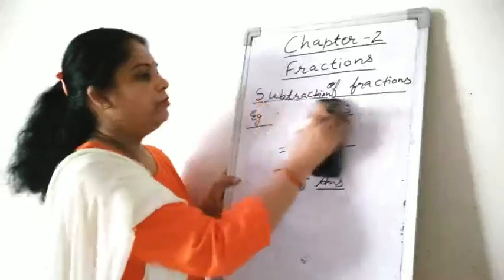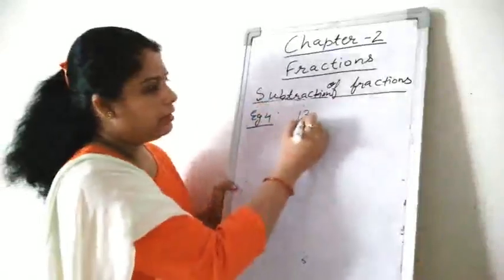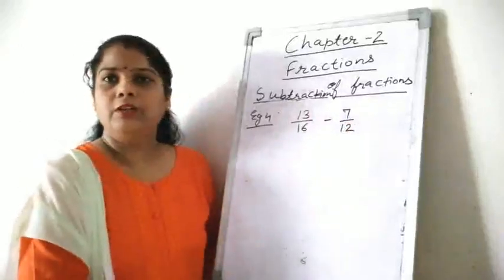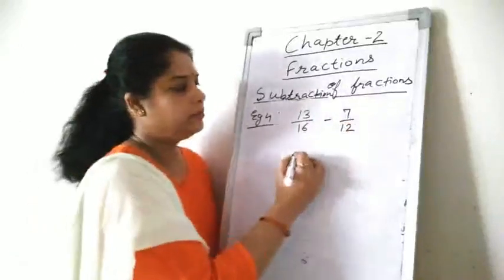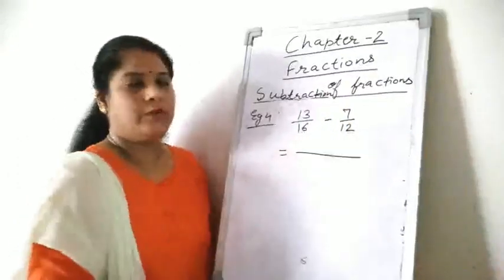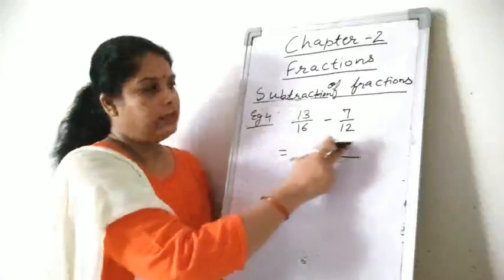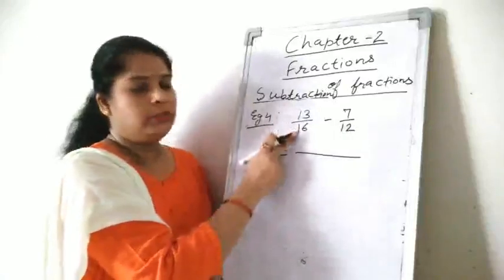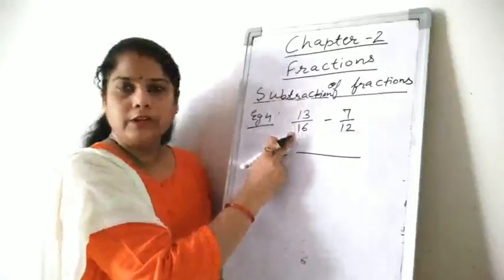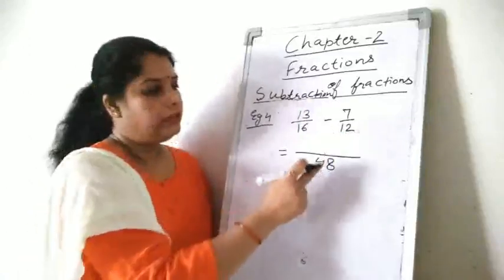Now example number 4. 13 upon 16 minus 7 upon 12. Now these are unlike fractions. So we will take the LCM of these numbers, the LCM of 16 and 12. I am taking it verbally. 16 ones are 16. That is not divisible by 12. 16 twos are 32, again not divisible by 12. 16 3s are 48. So 48 will be the LCM, that is divisible by 12, and